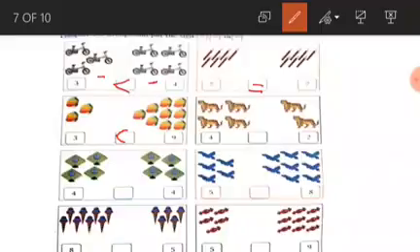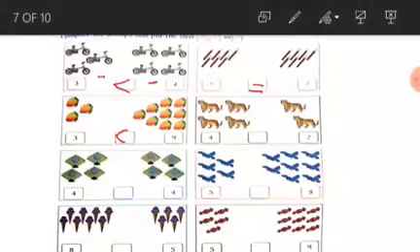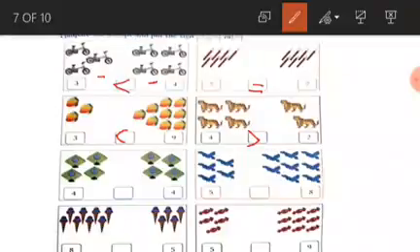Now count the tigers. On one side, 4 tigers are given here, and on the other side, 2 tigers are given here. So again, 4 is greater than 2. So we put the sign like this. Now can you tell me how many kites are there? Yes, on both sides there are 4 kites. Now we put the sign equal to here, because the kites are the same on both sides.